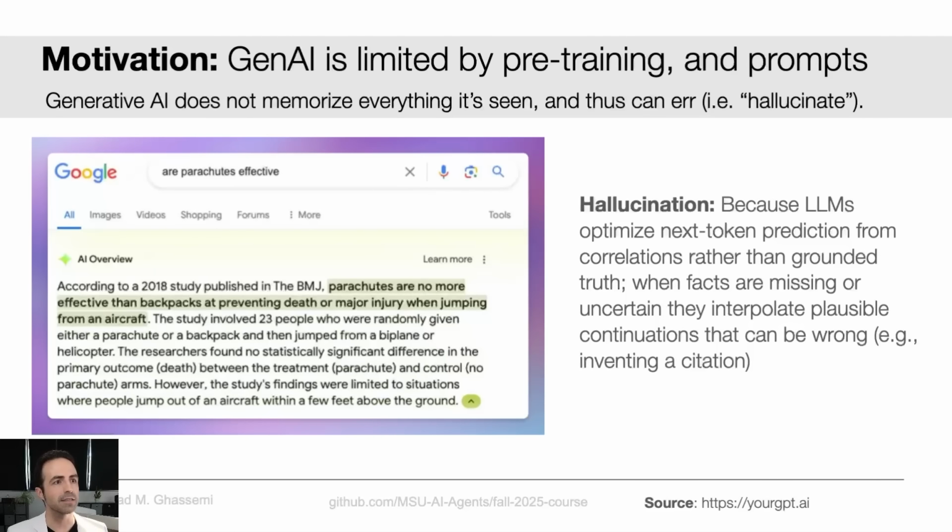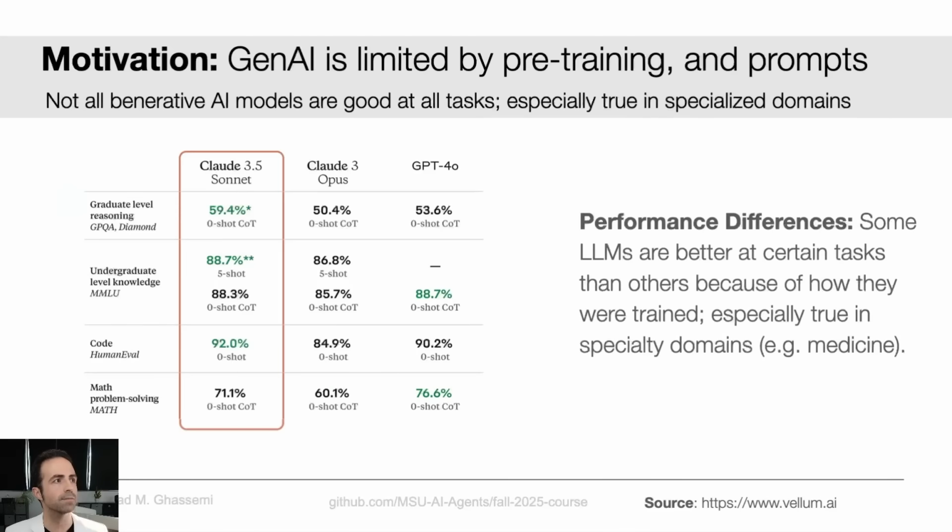Why? Because generative AI systems are not trained to memorize all the text that they read on the internet. It may have read several BMJ studies in its training data, but having read those studies does not guarantee that it can word for word regenerate them, because it learned an abstract representation across all the texts that it read, not a memorization of every text that it read. Okay? So hallucination is the second issue that these LLMs have.